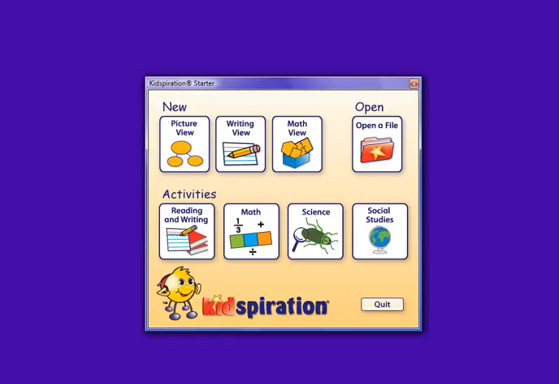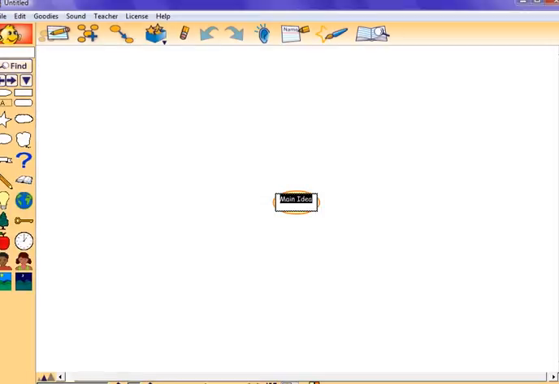It offers actually graphic organizers that are picture view. It offers a writing view and a math view. It offers over 150 different standards-based activities in reading and writing, math, science, and social studies. But today I'm just going to be showing you one of the features of the software, and that is just the picture view in utilizing graphic organizers for students who have difficulty really mapping out concepts and getting those words on paper. So it always starts with the main idea,